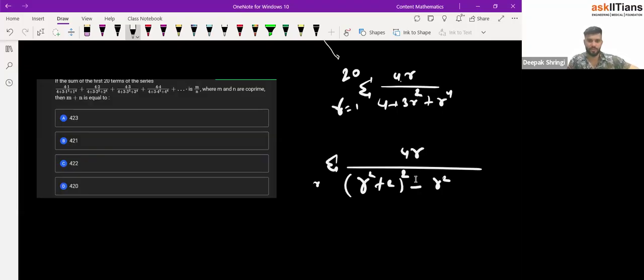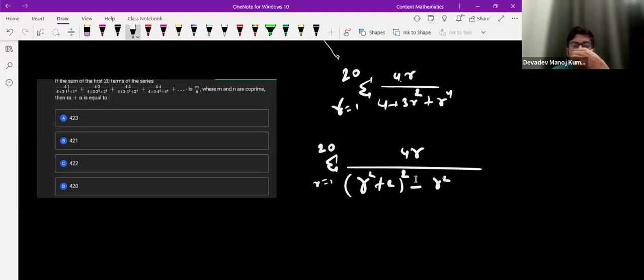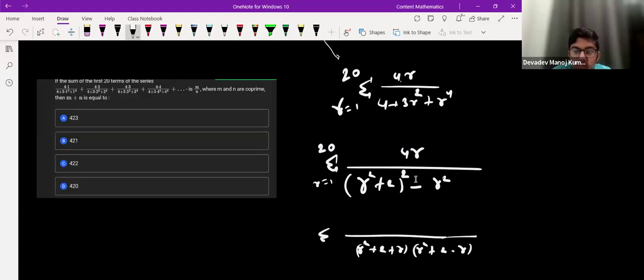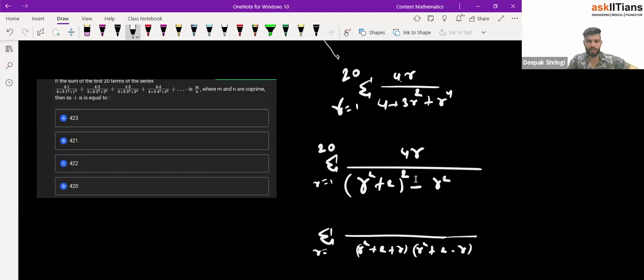Correct? Understood? Now in the denominator it is a square minus b square, which is a plus b into a minus b. So r square plus 2 plus r times r square plus 2 minus r. Correct? Agree? And then sigma of r equal to 1 to 20, and then on top it is written 4r. Okay. Now guys, I can write this as